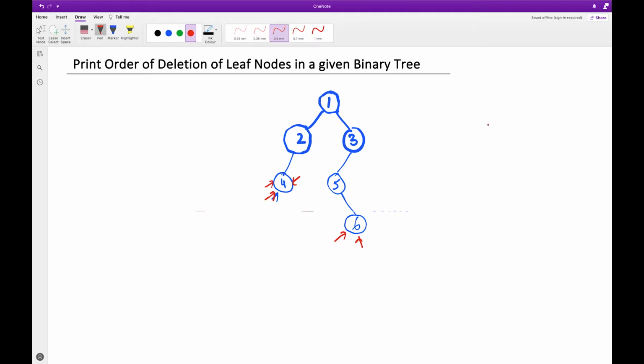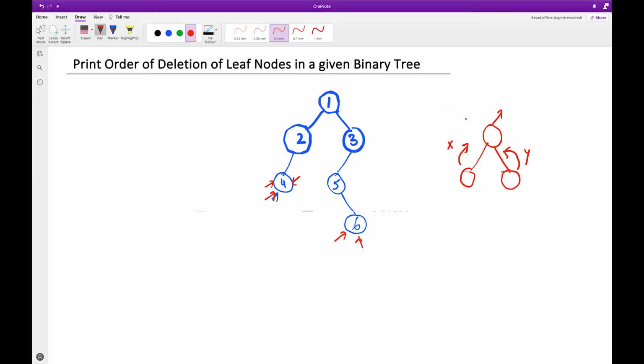Now think, if there is a node and its left child is there, its right child is there, and its left child is returning something to its parent saying that I'll be getting deleted at X iteration, and its right child is also saying that I'll be deleted in Y iteration. So can you think at which iteration this parent will get deleted?